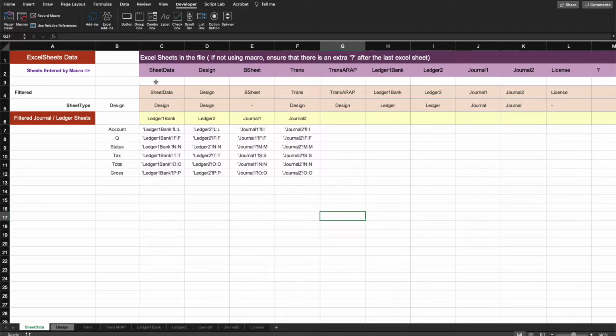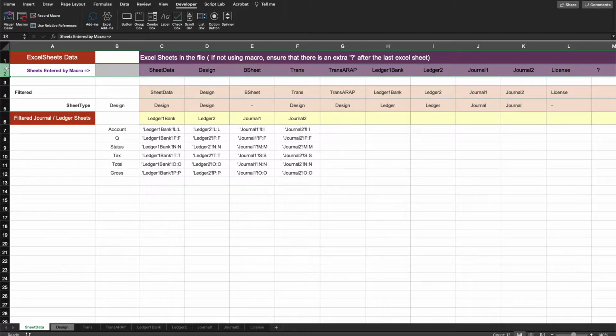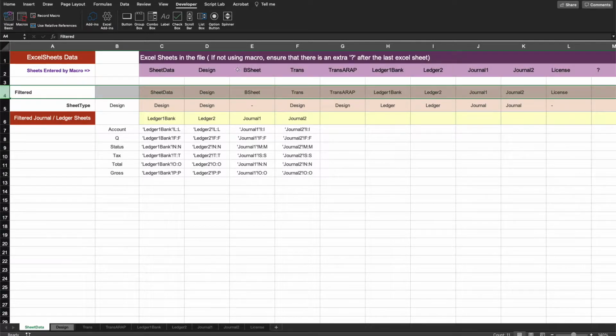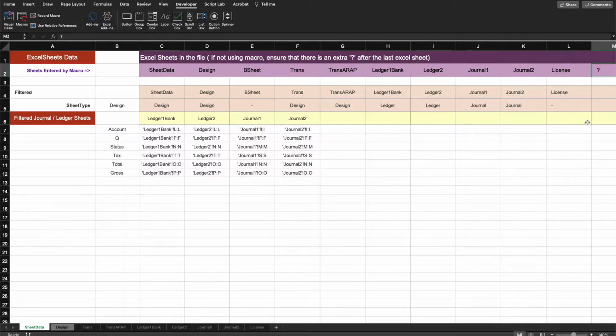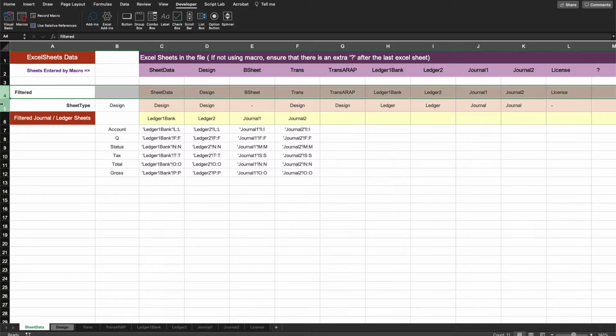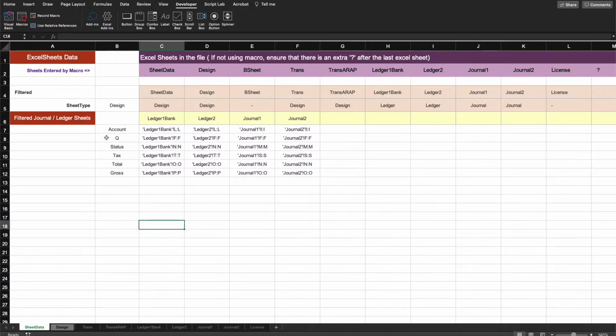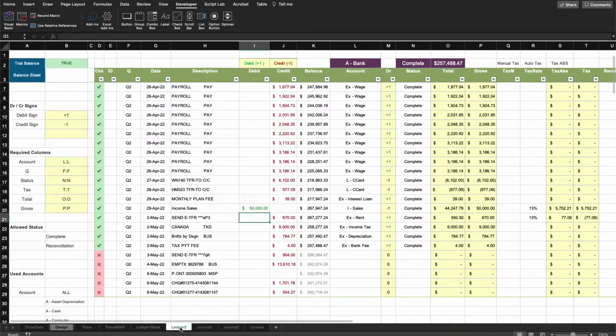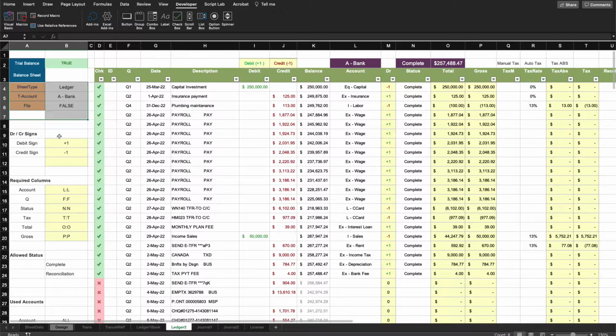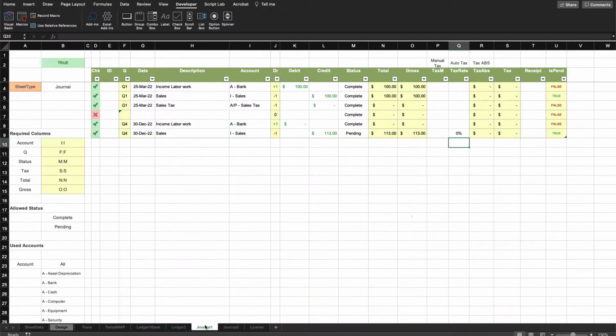So let's walk through what else happens once the macro records the sheet data. The row number 4 is basically just filtering down all the Excel sheet data that exists before the question mark, and hence the importance of the question mark in the row number 2. Once that is done, we go inside each of these sheets and try to read a variable named sheet type. And if you recall from the previous video, in our ledgers and journal accounts, we define this parameter in the column A and the value in the column B for what kind of sheet it is. For example, this is a sheet type which is a ledger,